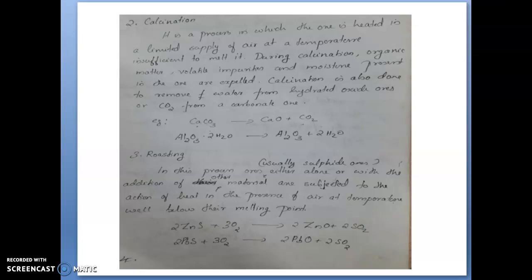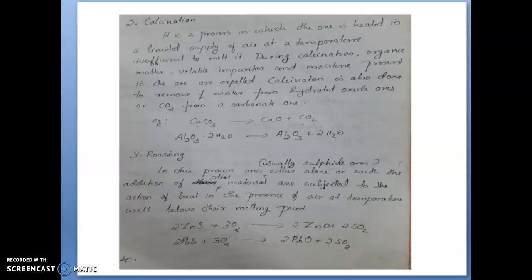The next method is electrometallurgy. The electrometallurgy process is also applied in some special cases. That means carbon reduction is not possible for some metals which are chemically active, and whose oxides are very stable. For carbon reduction we would have to apply high temperature. If we apply high temperature, what will happen? The metal oxides will react with the carbon to form their carbides. So in that case, the electrometallurgy process is used.